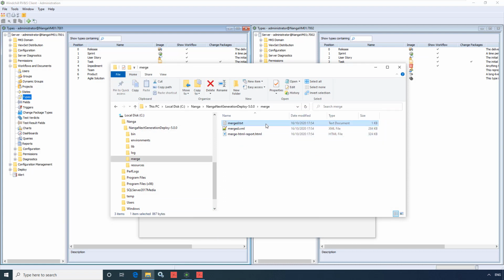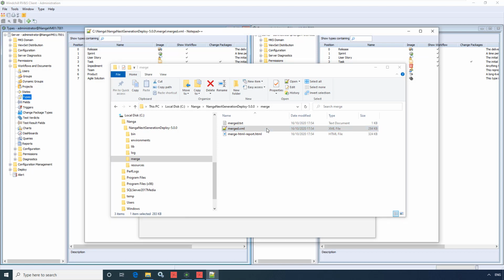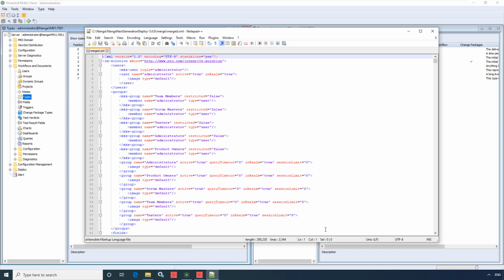The merge text file contains the information from the Merge Results and Information window on the Summary tab. The Merge HTML report provides documentation for the merge solution in the same way as we saw in the third use case. And if we open up the XML output of the merge solutions,